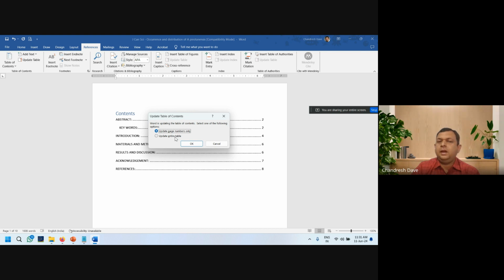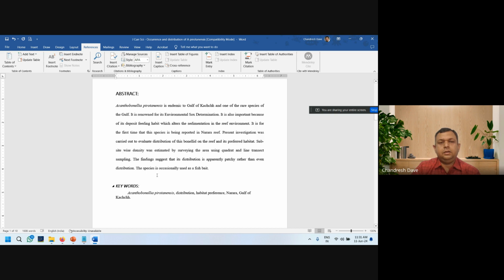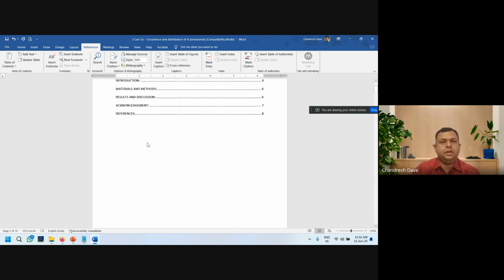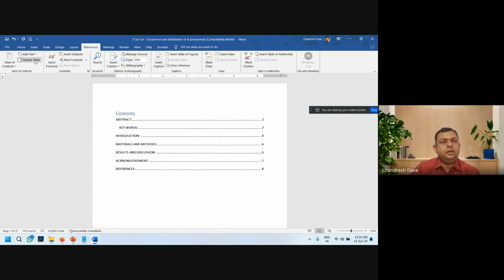Update page numbers only or update entire table. For example, if I change abstract or preface, I have made some alteration in the heading. If I select update only page numbers, then it will only update page numbers. If I update the entire table, it will update the label as well as the page number.